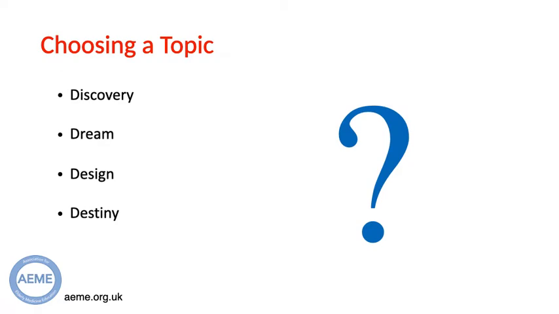Practically, this involves thinking about a system under these 4 headings. Discovery: think about what works and what is important. Dream: how could this be made better? Design: what specifics need intervention? And destiny: what is the overall hope and what would an improvement look like? Find something that's important to the whole team, and this will increase the likelihood of the project being a success.